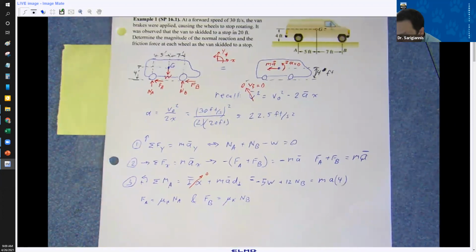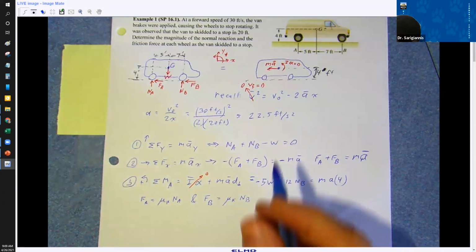So the assumption here is, well, it's a good assumption. The coefficient of friction is the same at each wheel, right? Because it's dependent on the material and the surfaces. So, you know, rubber and the road on average are about the same. So also,